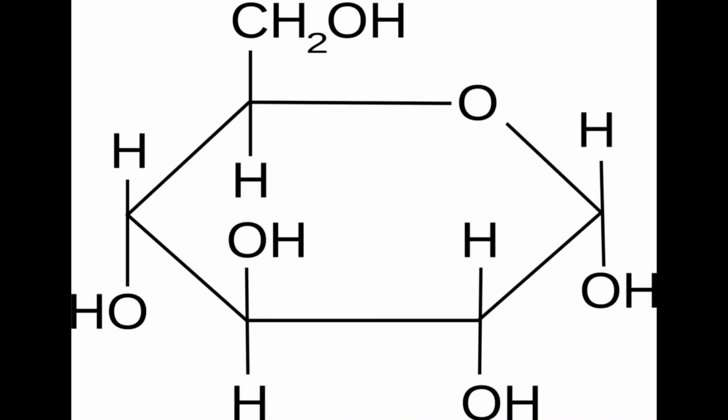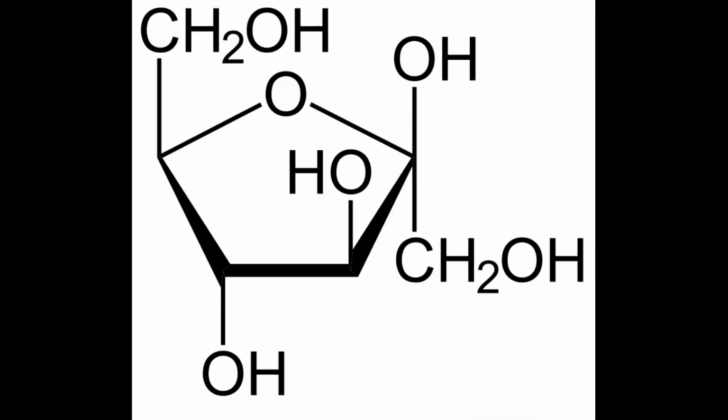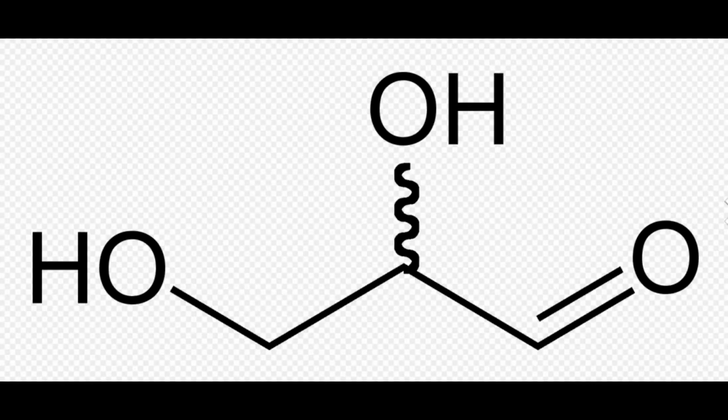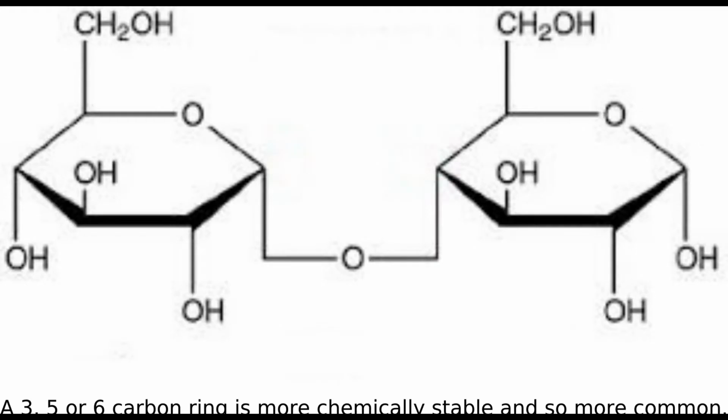When you are looking at a more realistic depiction, you may see it as a ring. The most common sugar rings have 5 carbons. These are called furanoses. There are many that have 6 carbons and are called pyranoses. A 3-carbon ring is a triose. These rings can vary in size and go from 3 to 7 or more carbons. The more common and stable forms are under 7 carbons and form a ring,